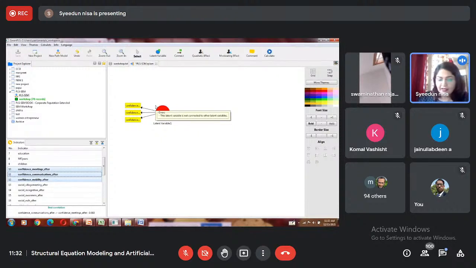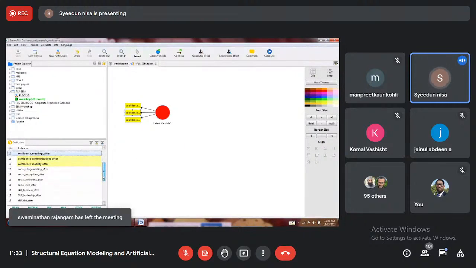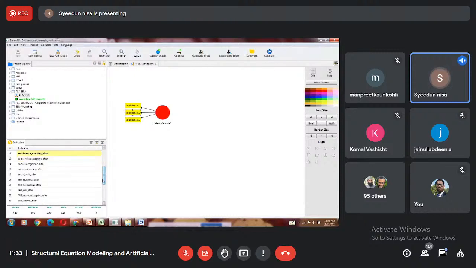Okay, is this clear? So what I did, I have selected confidence, all the items which are measuring confidence. I have selected these items and I have dropped them here in this area. Okay, second thing, because social is something that I'll use for my formative one. So here I'll then choose